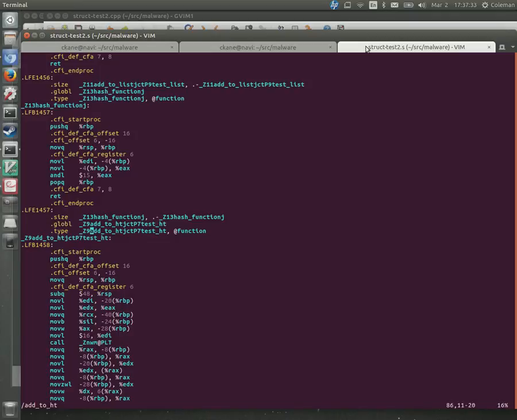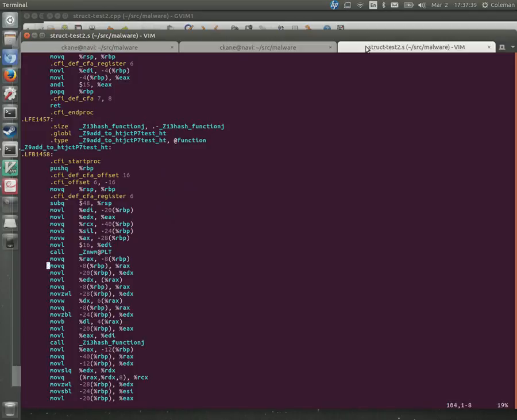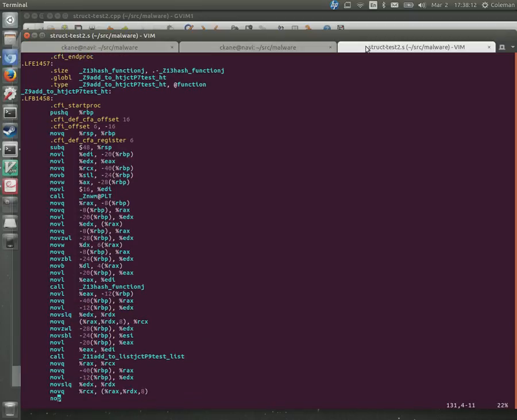So here's the reference to add to ht. This is the add to ht function. And what you end up seeing is something that's calling the hash function, and then it takes the result of that and tries to find a spot where it's going to store it, and then uses that later on, which is down here, to decide where it's going to do a copy operation from,